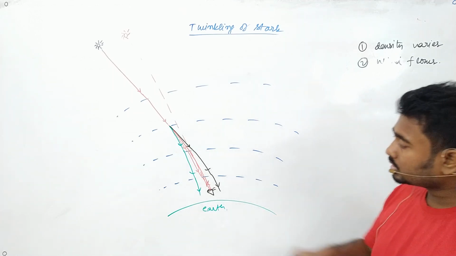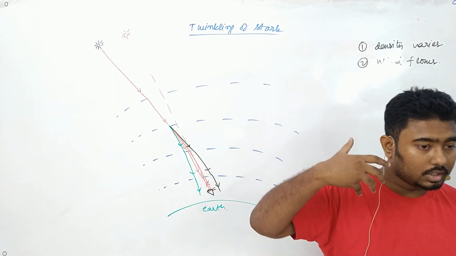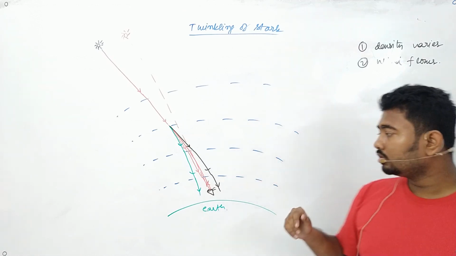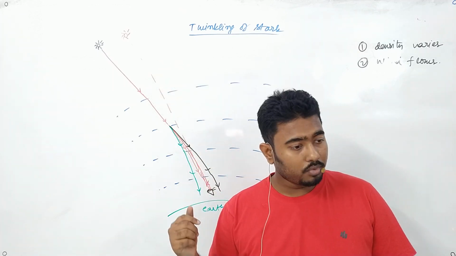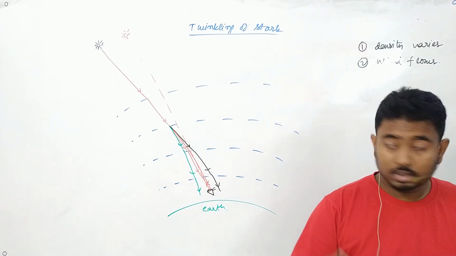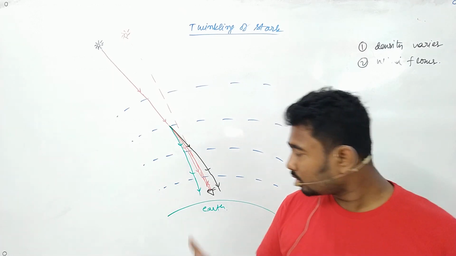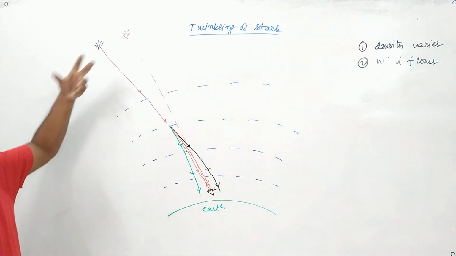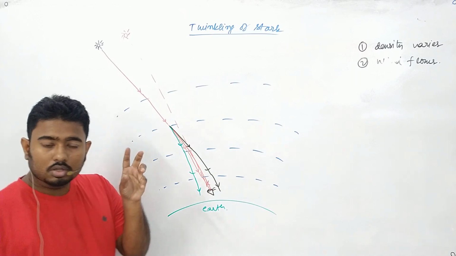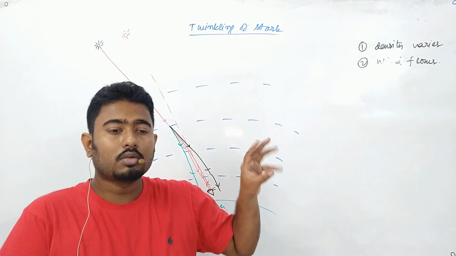So that is what I am trying to say, that if light reaches our eye from any other point, it means it will form the image at some other point in the retina, not at the perfect spot where we get the clearest image. So the image formed due to this ray won't be that bright or that sharp. In that case we will be seeing the star, but the star won't be that sharp. Is that clear? So in these three cases, we may sometimes see the star, we may not see the star, or we may see the star faint. That means it is not giving me a constant perfect vision. So we see it as twinkling. This is the phenomenon of twinkling of stars.